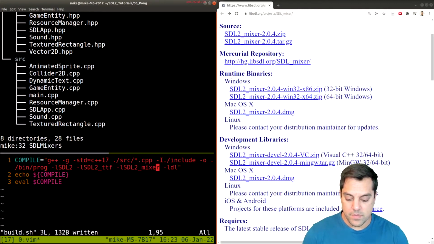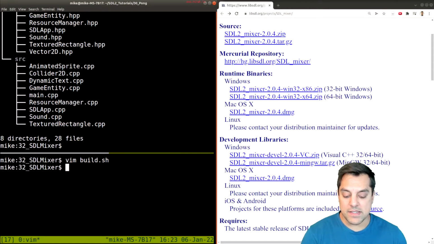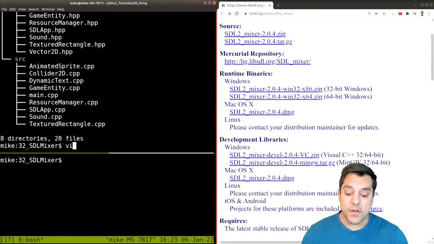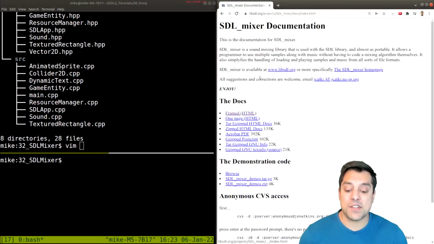SDL2_mixer. And depending on your system, if you're on a Mac or Windows, it's possible that it just ends up being SDL Mixer or something else. But let's go ahead and just give that a try and see if we can find and link in the library here on our system, and we are good to go. So now let's go ahead and jump into the SDL Mixer documentation, and then we're going to start modifying our